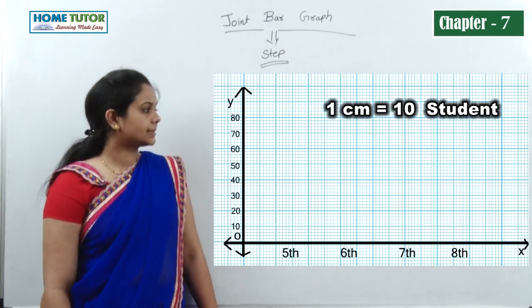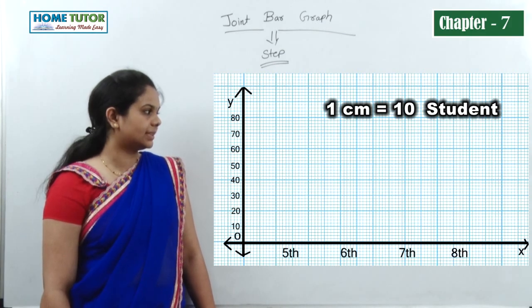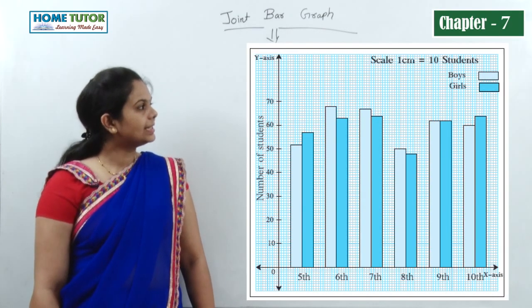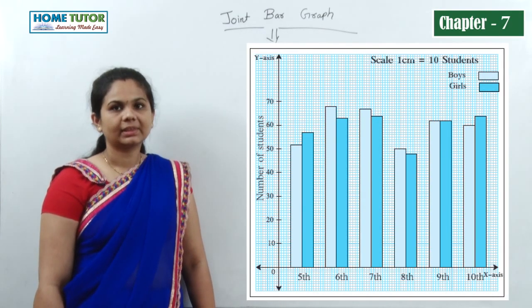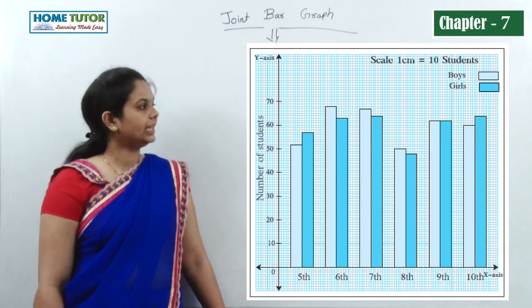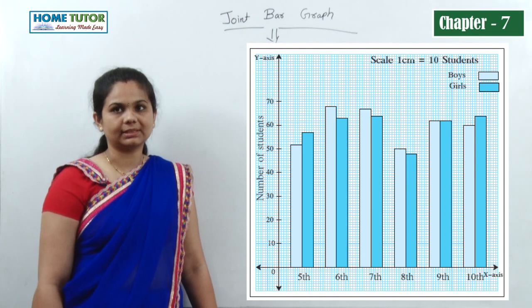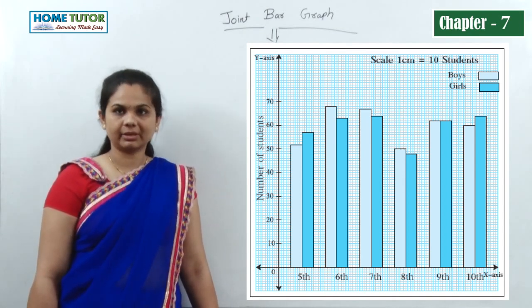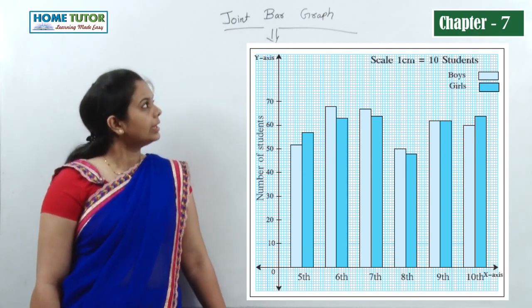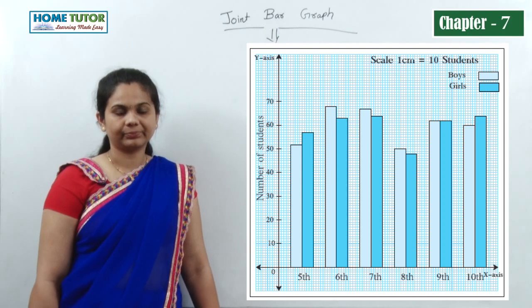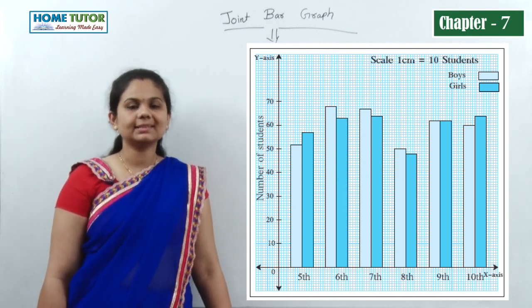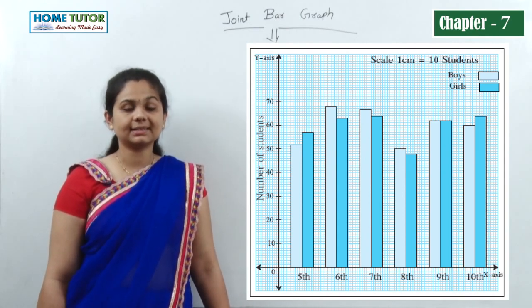We will take scale 1 centimeter is equal to 10 students. Now इससे पहले तक हम जो बार ग्राफ ड्रॉ करते थे, that was two different ग्राफ, एक बॉयज के लिए होता था, एक गर्ल्स के लिए होता था. तो जब हमें कंपेयर करना होता था तब हम two different ग्राफ कंपेयर करते थे. But now we have drawn this joint bar graph. So now we can easily compare the number of boys and number of girls in a class in a single